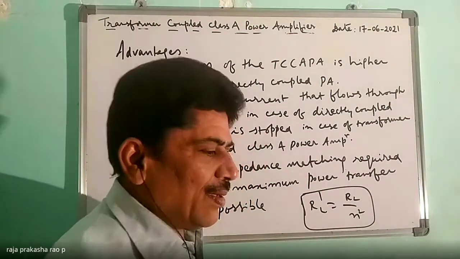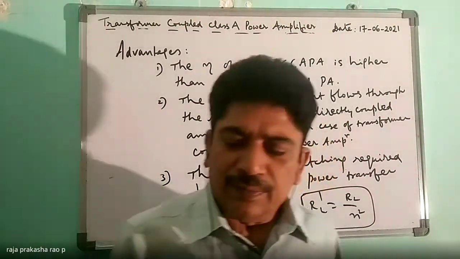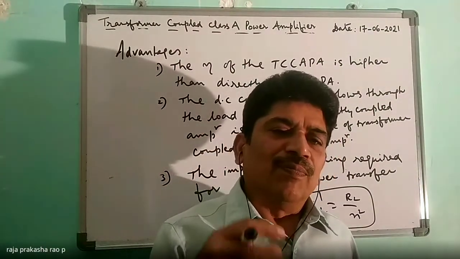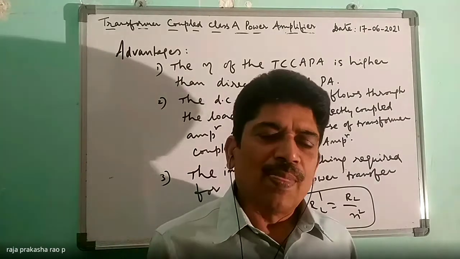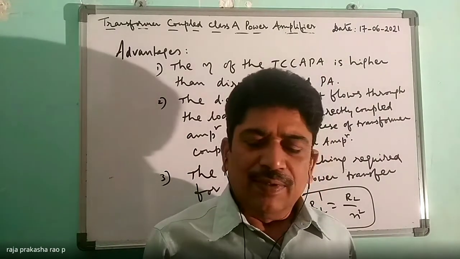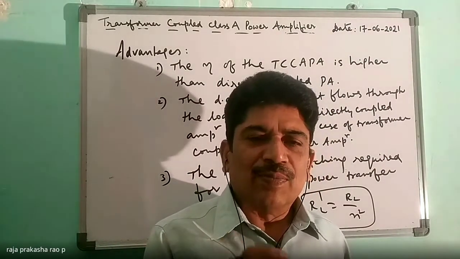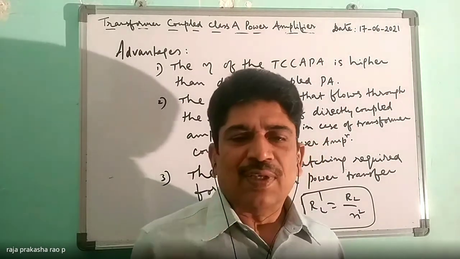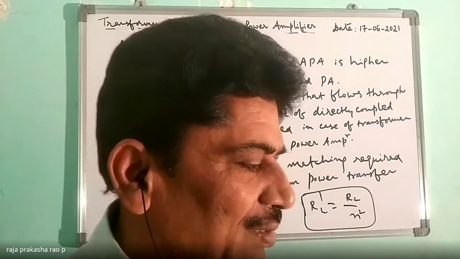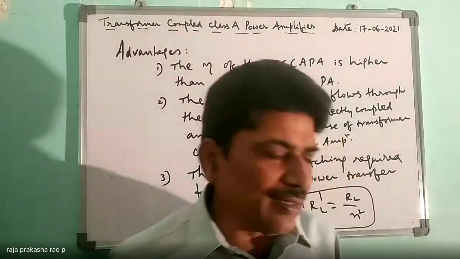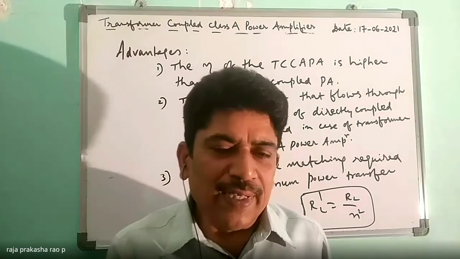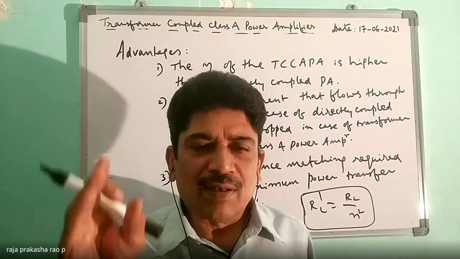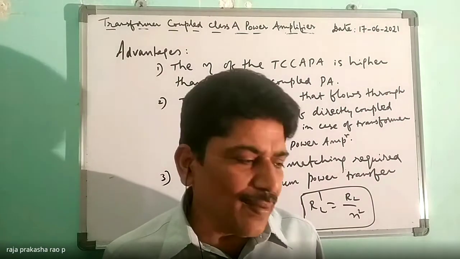Generally, the output impedance of the collector circuit will be much bigger than the load. Okay, but if it is not matching, the maximum power cannot be transferred to the load. You can understand this if you know the maximum power transfer theorem. According to it, the Thevenin output impedance at the second port should be equal to the load connected across the second port, right?